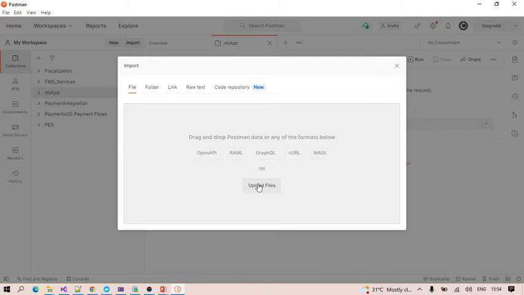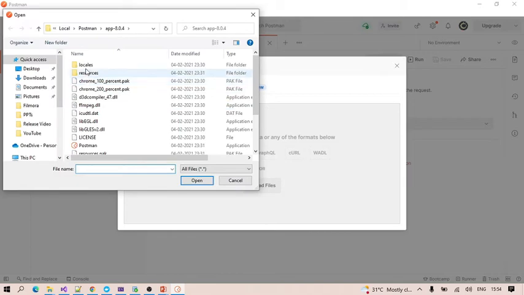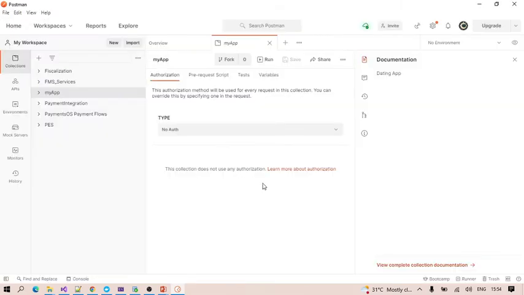If other team members have shared a file with you, you will have a physical file on your system, so you can select that file from here and click on upload. It will be available as it is: the collections, requests, and whatever details had been created will all be available here.